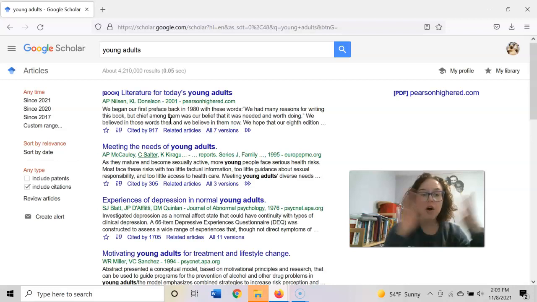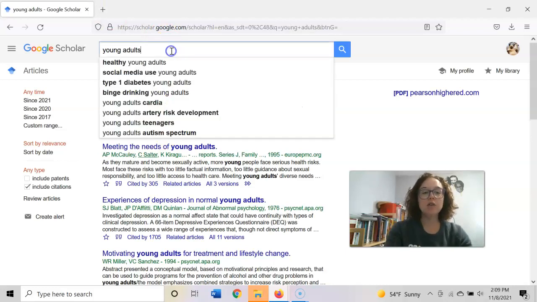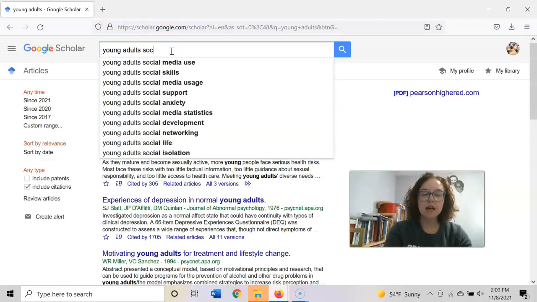And so all of that is in fact true of young adulthood, or people who study young adults, right? But that doesn't mean that those are the conversations that I need to be in. Those are not the conversations I need to be in, right? And so the more specific that you get, so for instance, let's say that you want to look at